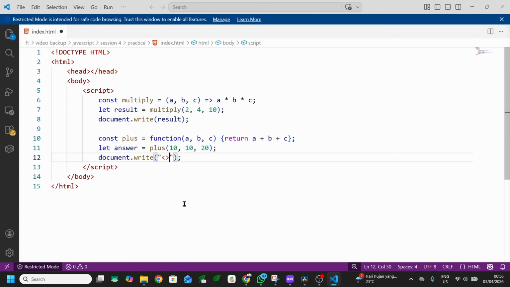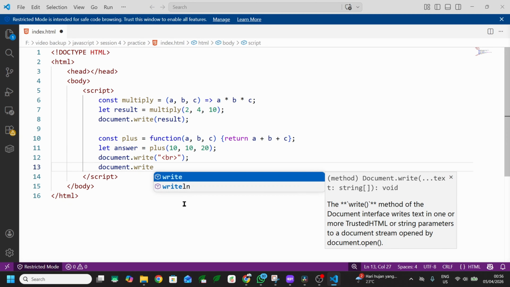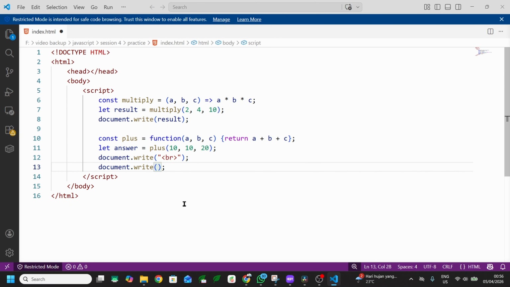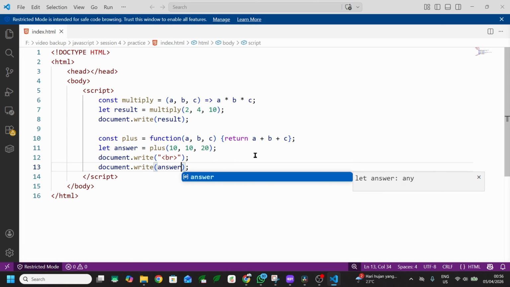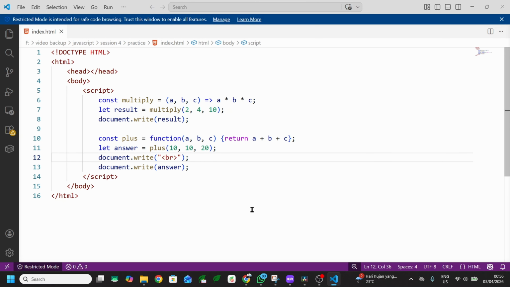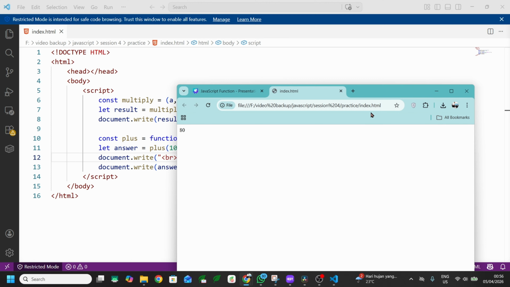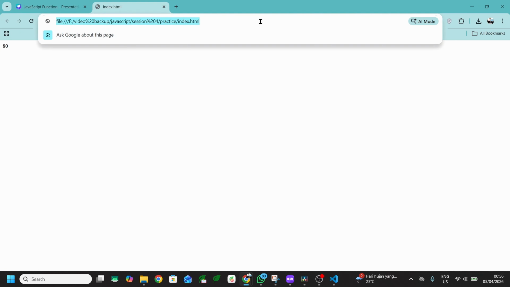For this one, this is for a new line, and the second one is to display the output. Okay, I will reload my browser. Now this is the result.